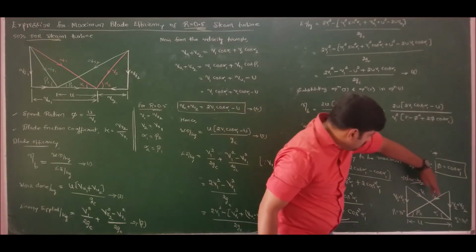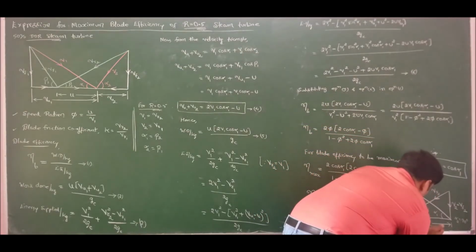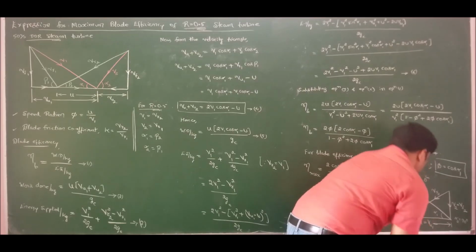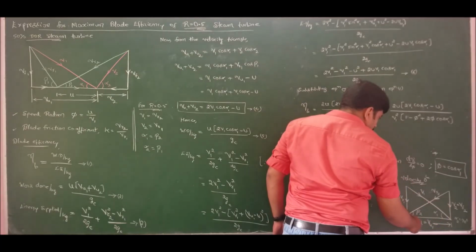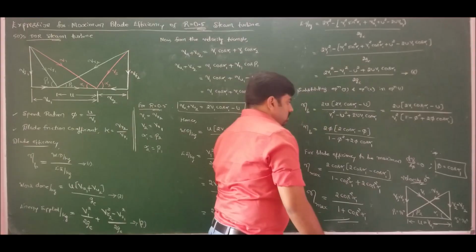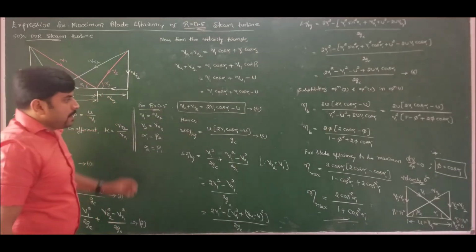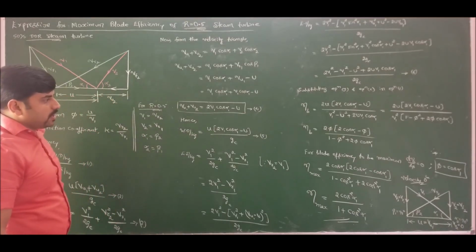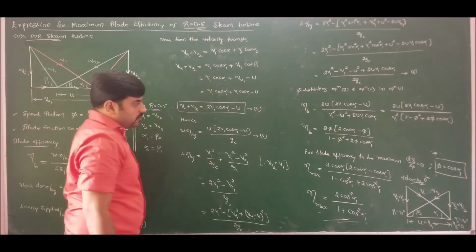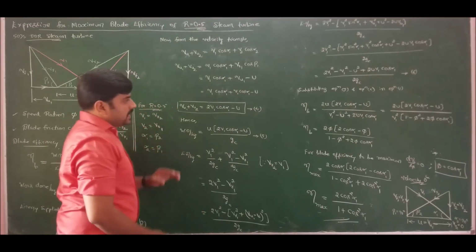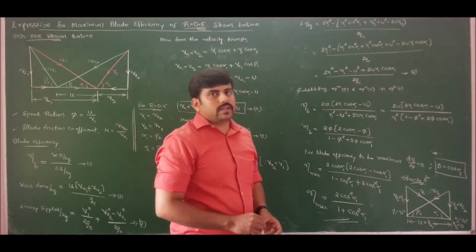Now V1 to VR1 is U, V1 to VF1 is VU1. This is also equal to VU1. Now V2 to VR2 is U, V2 and VF is nothing, therefore VU2 is 0. So this is the combined velocity triangle for maximum blade efficiency with R is equal to 0.5. Satisfy the condition phi is equal to cos alpha 1 and eta max is equal to 2 cos square alpha 1 by 1 plus cos square alpha 1. And this is how you should derive, if asked, maximum blade efficiency for 50% degree of reaction steam turbine.